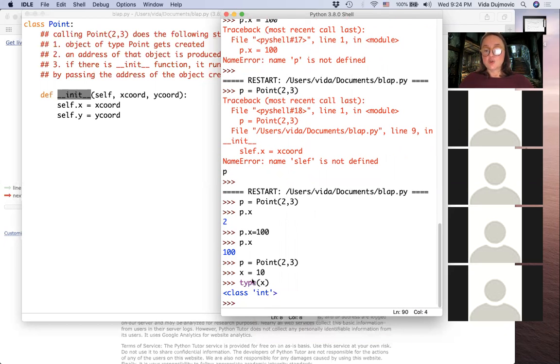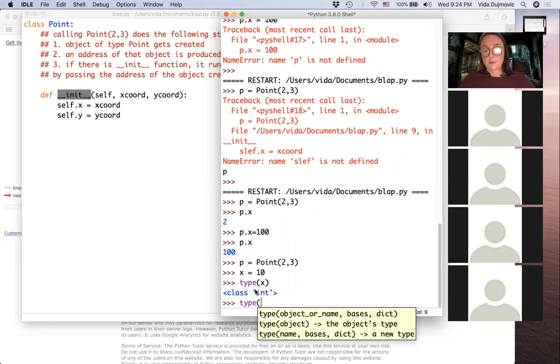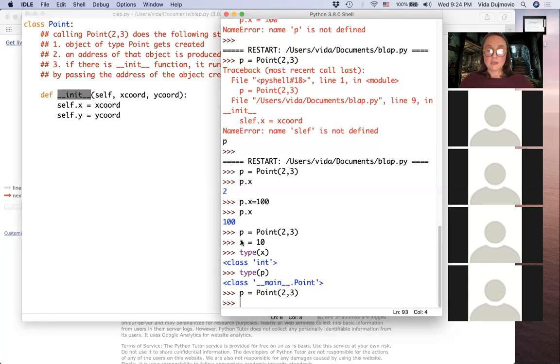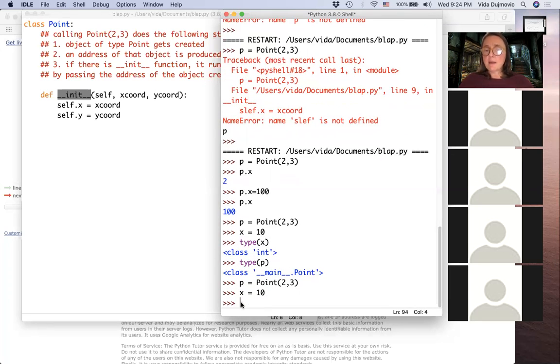Type x. So x is pointing to an object of type int, and p is pointing to an object of type point. So when we were creating, let me repeat all of this because I want to compare them. So somehow when we were comparing in 10, when I was creating objects of type int, I wasn't calling the int constructor, or was I? You are de facto calling the constructor, but it's hidden from you because that would be horrible